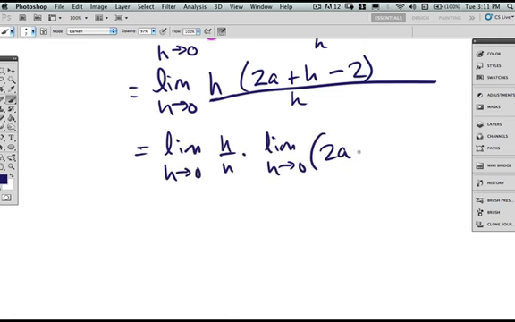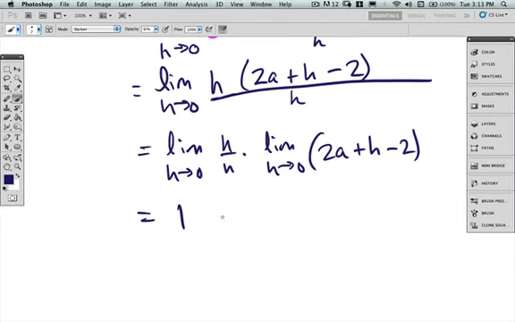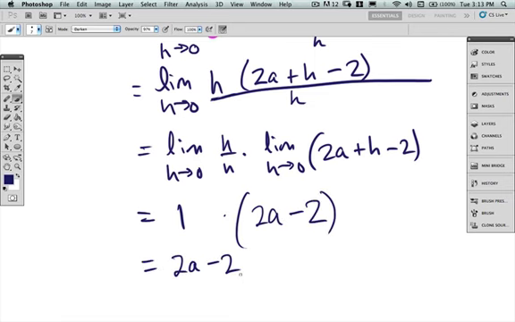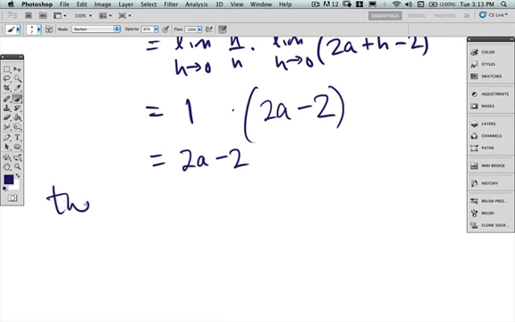The limit as h goes to 0 of the rest of it, the 2a plus h minus 2. Okay, so the first limit is 1. The second limit as h goes to 0, 2a plus h minus 2 just becomes 2a minus 2. So we have a limit of 2a minus 2. Now that result tells us that this function up here, the slope